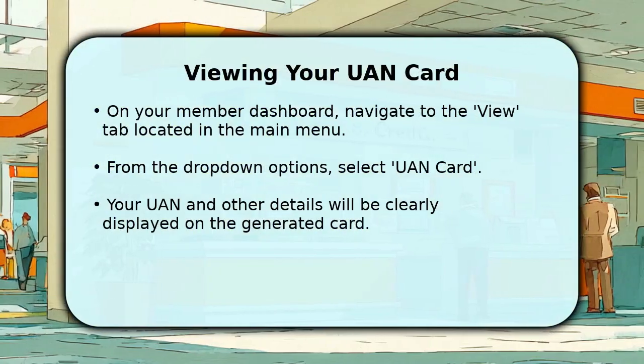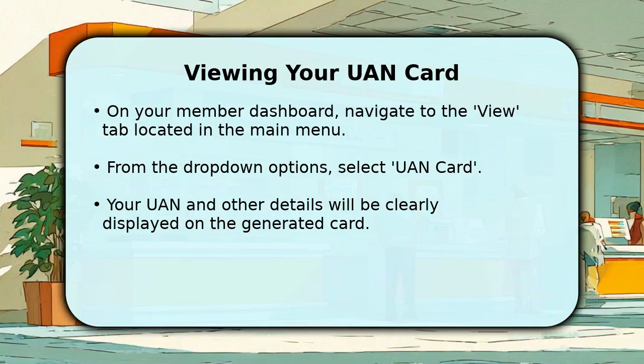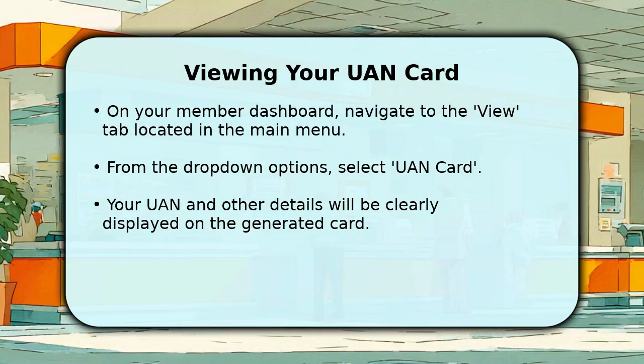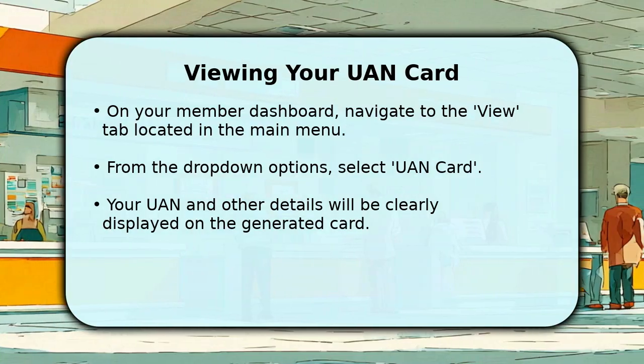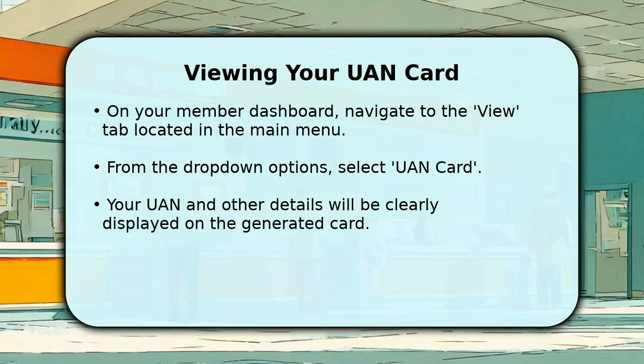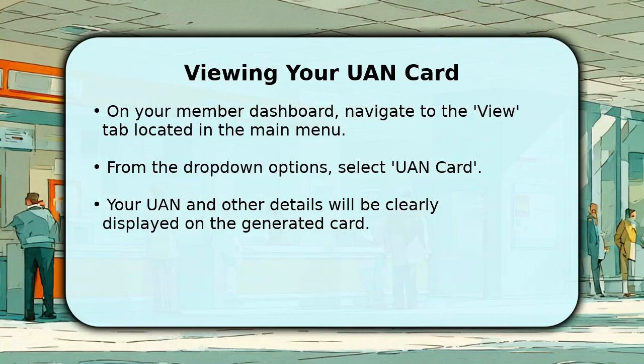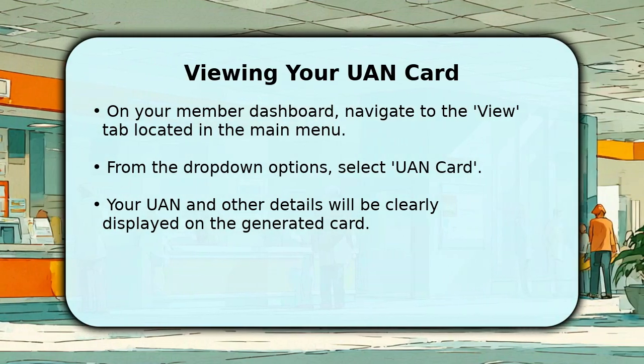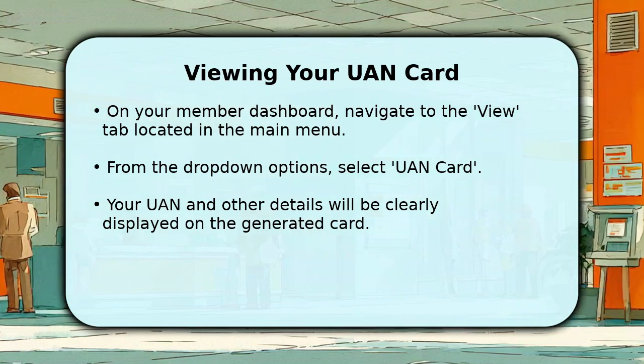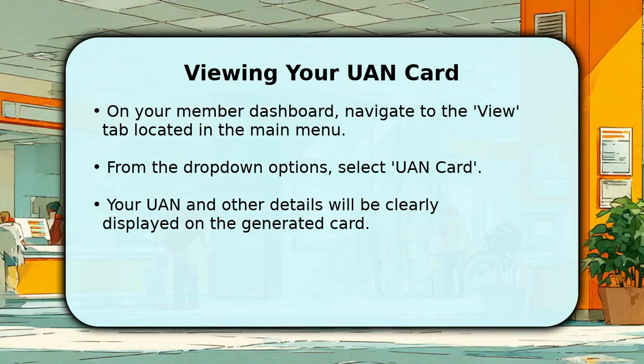From your member dashboard, look for the View tab positioned prominently in the navigation menu. Click on this tab, and a drop-down menu will appear offering several options. Select the UAN card option from this list. A digital version of your UAN card will then be generated and displayed on your screen, clearly showing your unique universal account